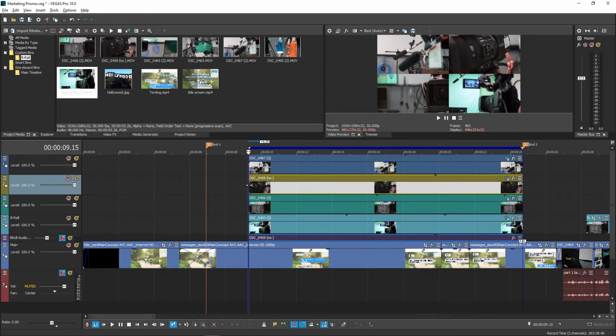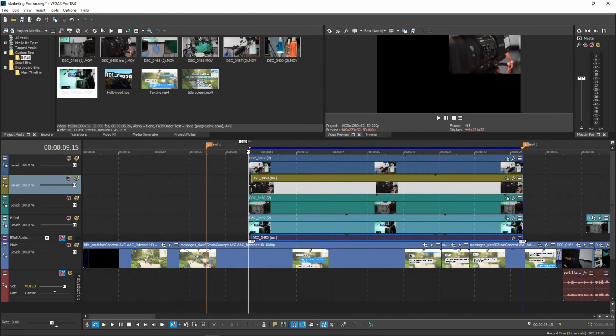So choose your order. I'm going to go clockwise, starting from the top left. Make sure they are all lined up first, starting and ending where you want them to. The top left one will naturally appear first and be there for the whole time, so we won't touch that one. The second one, the top right corner, should appear a little later than that, so let's trim or move the beginning.